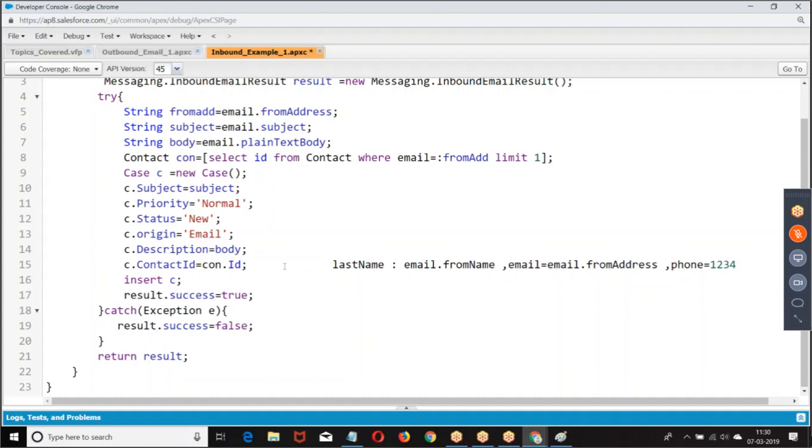Now, with the help of this, start creating a contact. Whenever a new email is received, with the data that is there in the email, create a contact record.